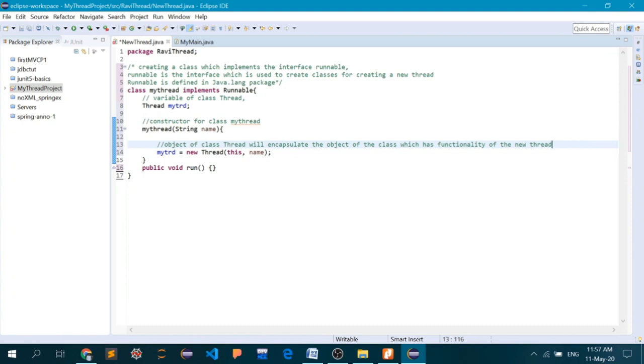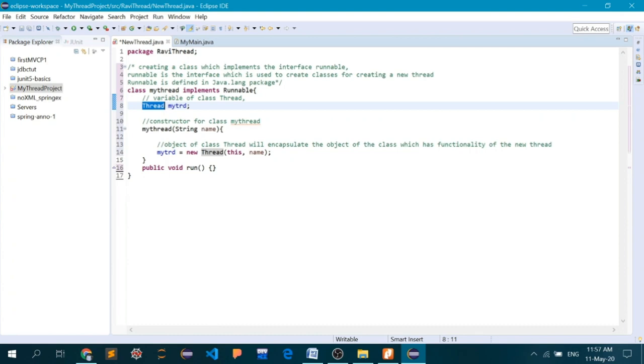Okay, so what this line means is that the object of my thread, of the object of thread class, will encapsulate the object of the class in which you are trying to create your own thread.